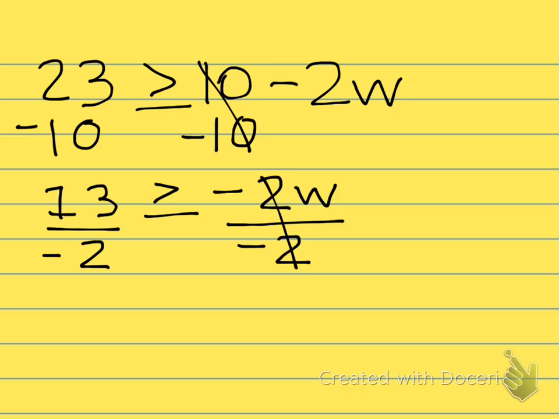Since we divided by a negative, first we get 6.5 as our answer, but we need to flip the symbol because we divided by a negative number. So our final answer reads W is greater than or equal to negative 6.5, because you always want to read from the variable. So if I were to graph this on a number line,